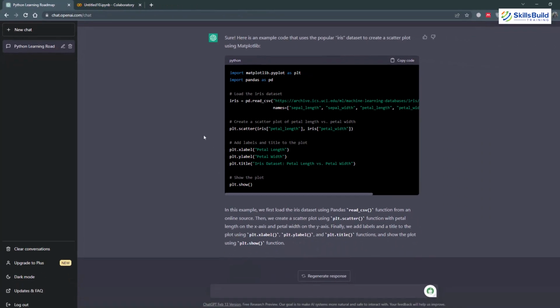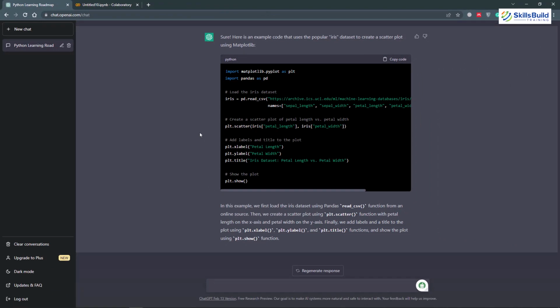So you can see to what extent ChatGPT is there to help you out, no matter if it is a roadmap, resources, code or finding problems in your code. And not only that, it has also taken the dataset online and it has given you the code showing how you can use different libraries of data sciences in Python. So you can see that ChatGPT has made learning very easy, that you just need to press some keystrokes and you can get anything out of ChatGPT, as we have seen in this video.